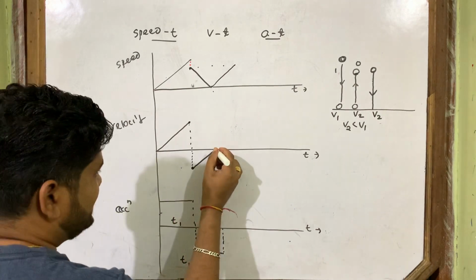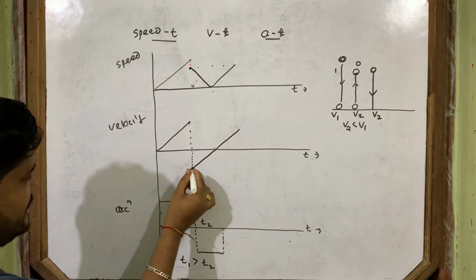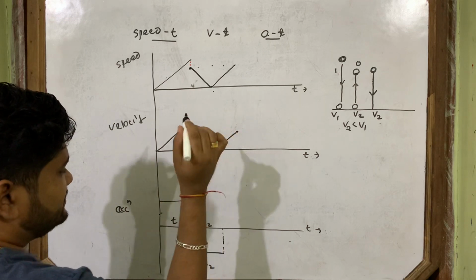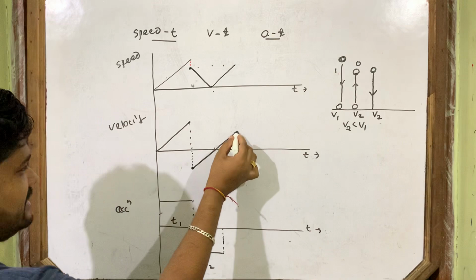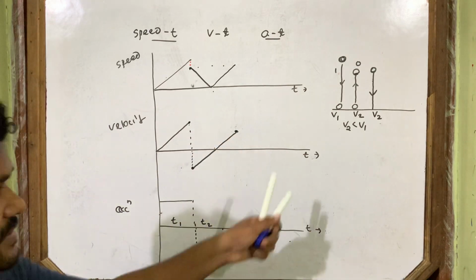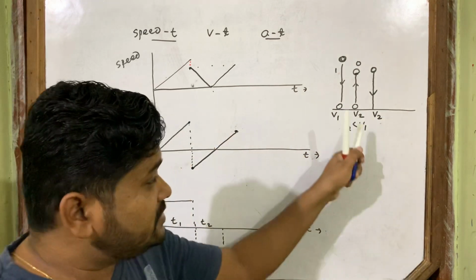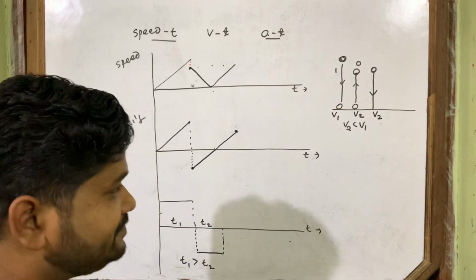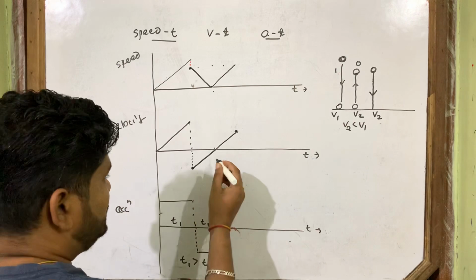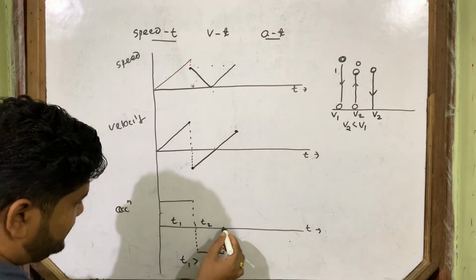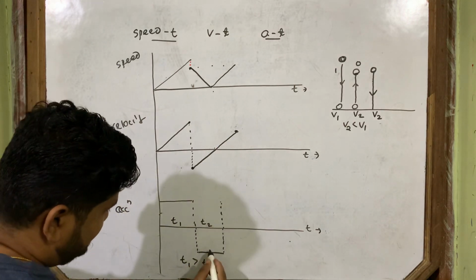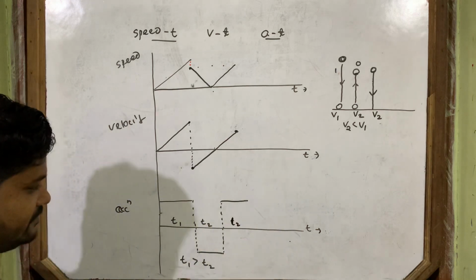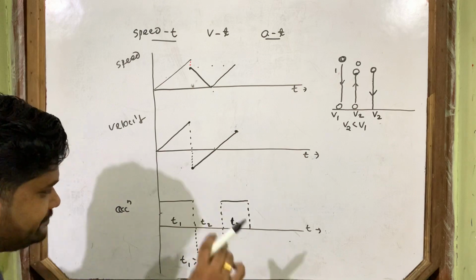Here also it increases, and how much is the negative here? That much positive will be here on this side, because this is V2, this is V2. With how much speed it leaves the ground, with that much speed it comes and strikes the ground. Okay, so now at this point, and here also, this time interval T2 will be the same as this T2. The time interval will be the same.